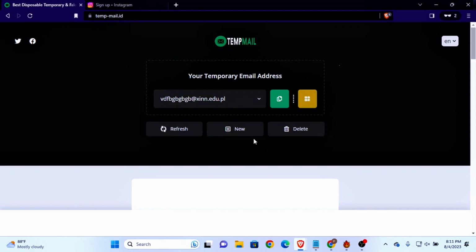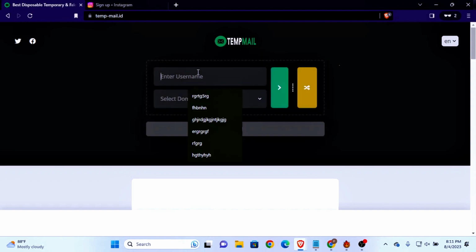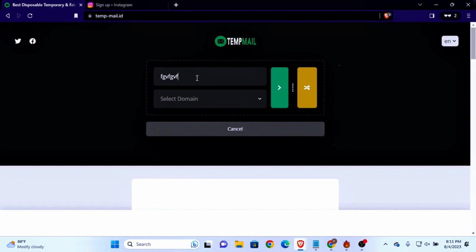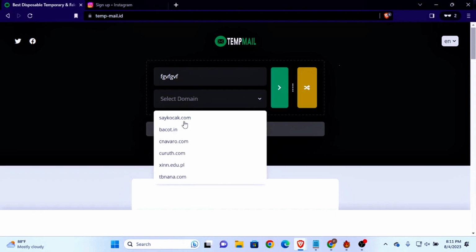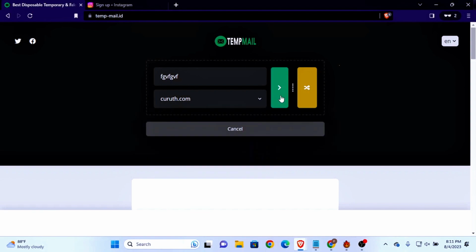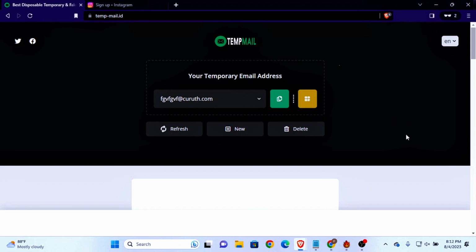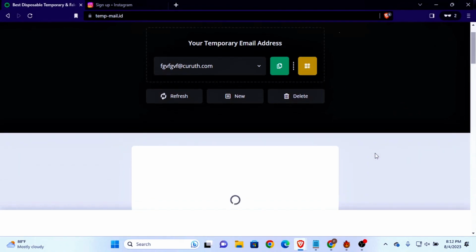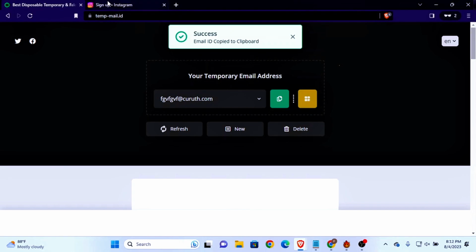If you want to create a custom email address for yourself, you just have to click on new and enter a username. I am randomly typing a username, and then select your domain. You will get six different types of domain which you can use for free. Then just click on a domain and click here, and the email address will be created in a couple of seconds. Here you can see that our email address has been created, so we'll just copy this email address